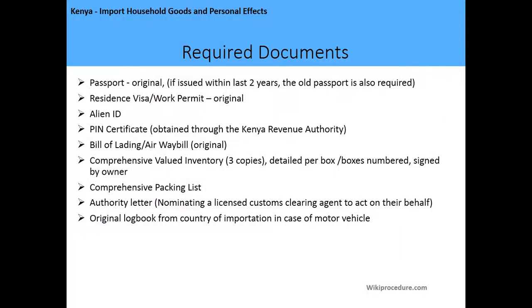The required documents: a passport, an original passport, and if the passport was issued within the last 2 years, the old passport is also required. Residence visa or work permit, original copies, for residents who have come to work in Kenya; alien ID; PIN certificate, which can be obtained through the Kenya Revenue Authority; bill of lading or airway bill, original copies; comprehensive value inventory,